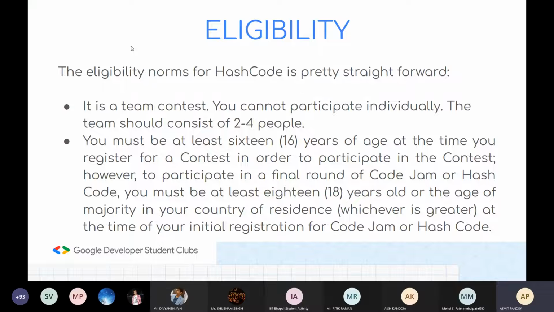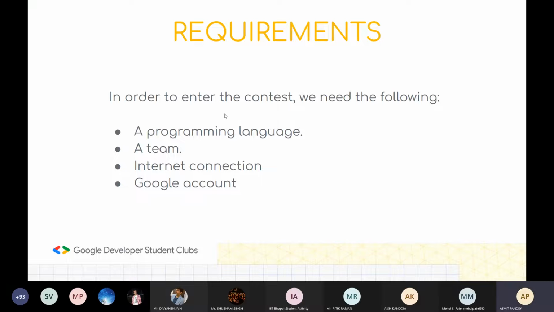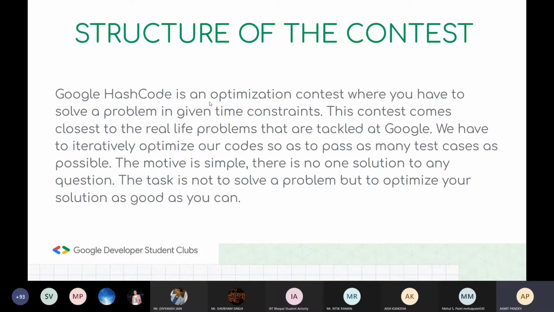in the world finals. सो व्हाट आर द रिक्वायरमेंट्स कि हम जो है ये कॉन्टेस्ट दे सकें। सो जैसे कि हम बाकी कॉन्टेस्ट देते हैं, हम लोग रेगुलरली कॉन्टेस्ट देते आ रहे हैं कोड शेफ पे और कोड फोर्सेस पे। सो सिंपली वी नीड अ प्रोग्रामिंग लैंग्वेज। हमें एक टीम चाहिए जिसकी स्ट्रेंथ 2 to 4 members की होनी चाहिए, इंक्लूडिंग योर सेल्फ। एक अच्छा इंटरनेट कनेक्शन होना चाहिए और एक गूगल अकाउंट होना चाहिए। इतने के साथ वी आर एलिजिबल टू टेक पार्ट इन द कॉन्टेस्ट एंड सबमिट आवर सॉल्यूशंस।